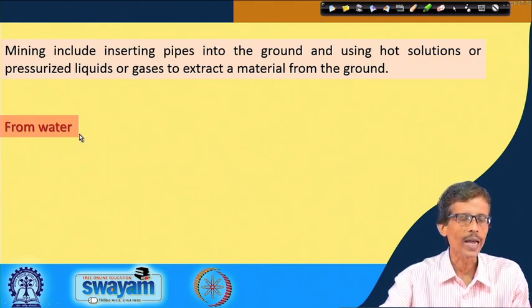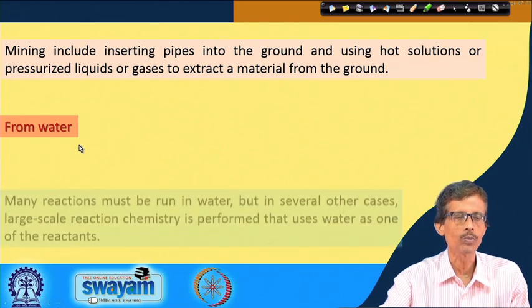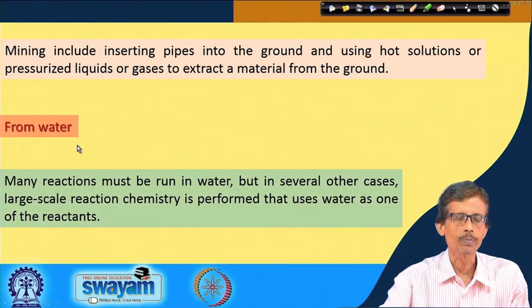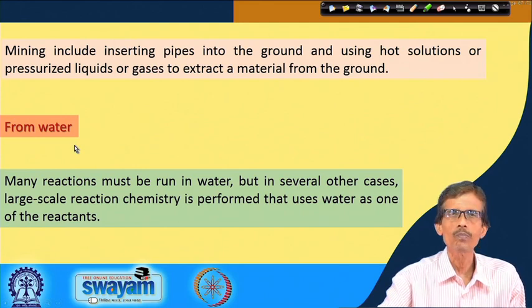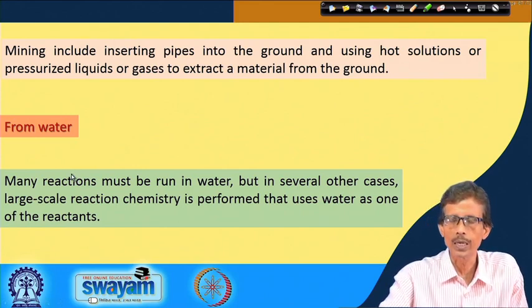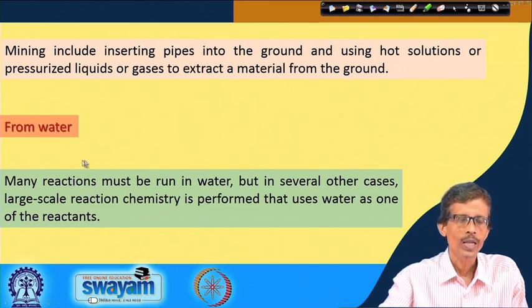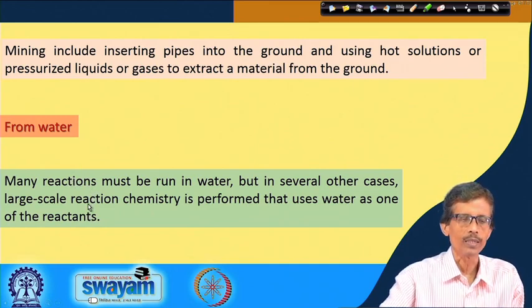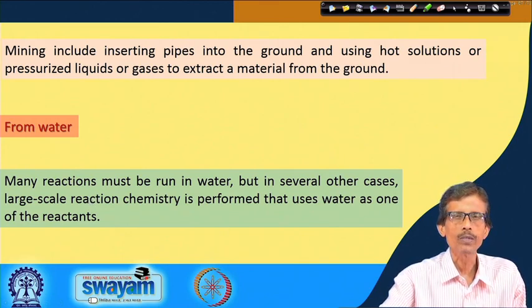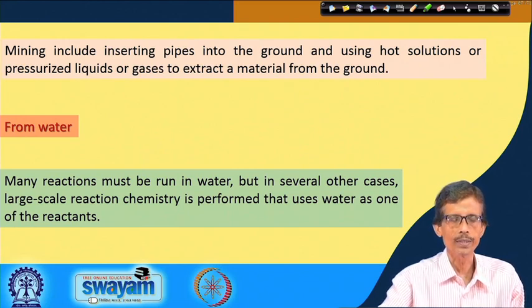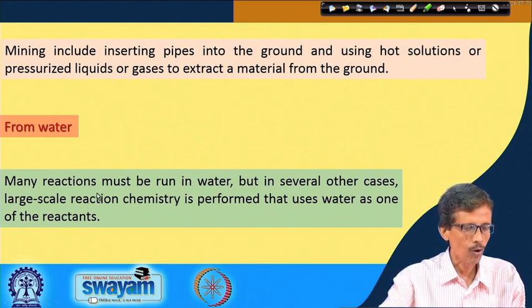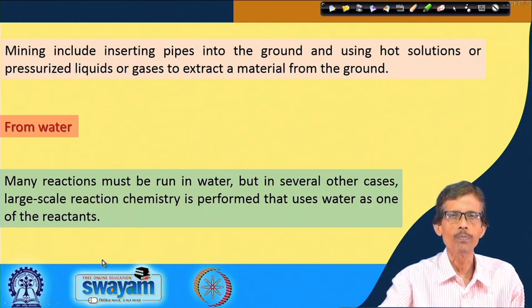So, let us go back to that again, how the mining of some important inorganic chemical is possible, or the availability of that particular material from the water, whether you have sea water or pond water or ocean water, and their particular utilization. Because we have seen in our previous class that a large amount of water is always useful for industrial purposes, particularly for washing, for cooling, and also for making solutions.